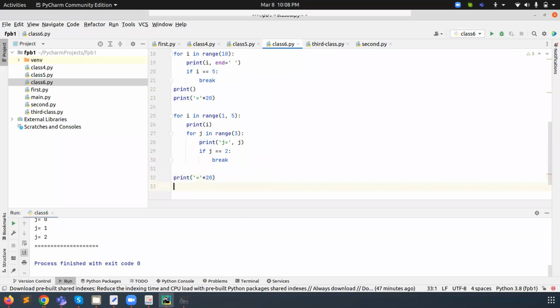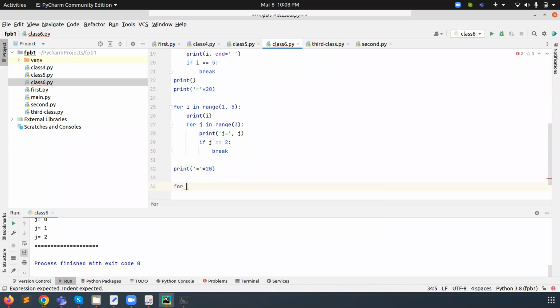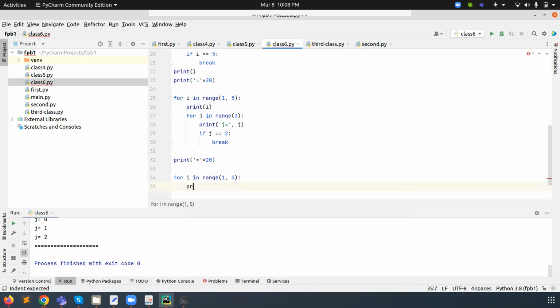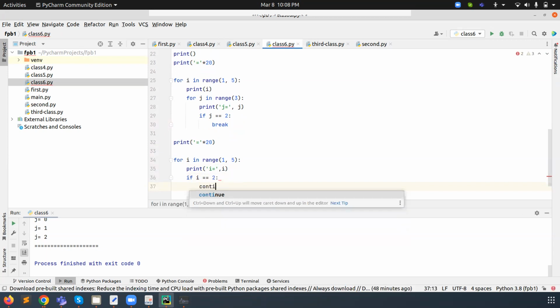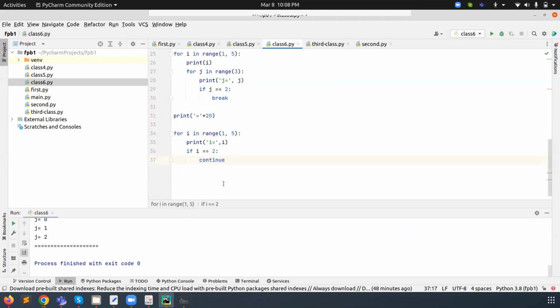Now we need to give: for i in range(1, 5), print i equal to, comma i. If i equal to 2, then we apply continue. It will not terminate the program execution. It will send the control again, just escaping that one.